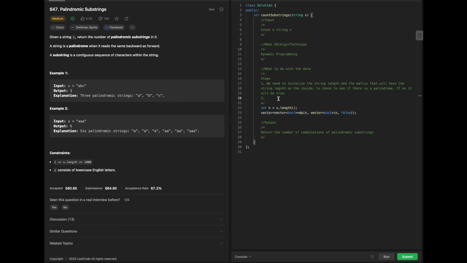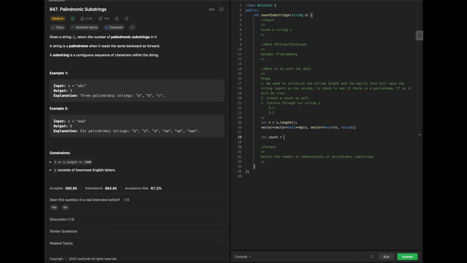Okay, so for the second step, we need to create a count as well. And then for the third, we're going to iterate through our string s. We're going to create our count to keep track of the number of palindromes, and first initialize it,